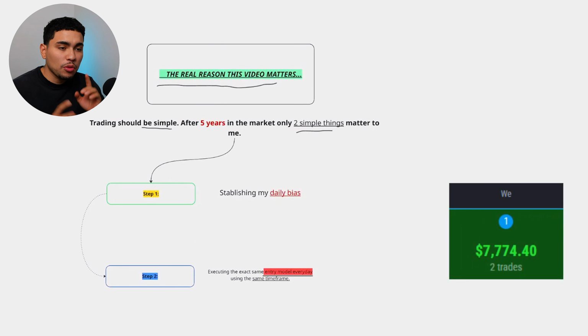$7,774 made today with one single trade. I know I was going to say two trades right here. I'm going to show you guys exactly how I did this and break it down, not only showing you the charts, but also giving you a little bit of hindsight on how my strategies can be explained in two simple